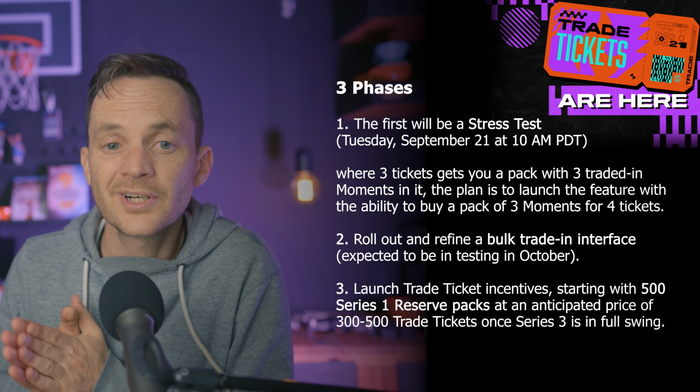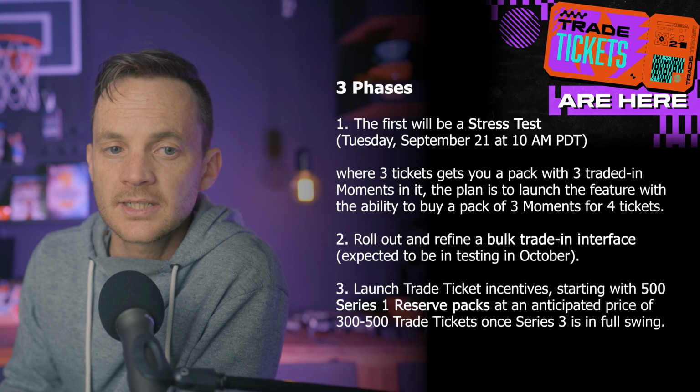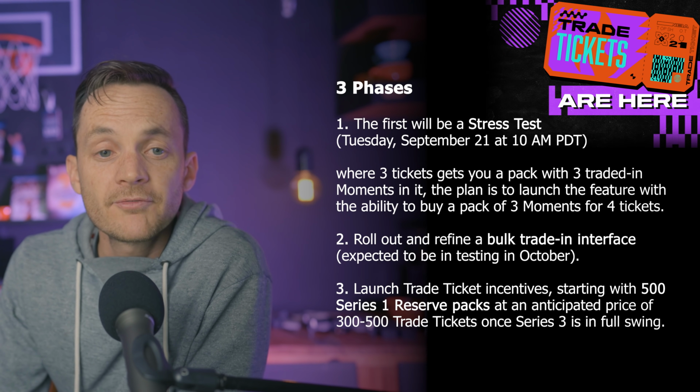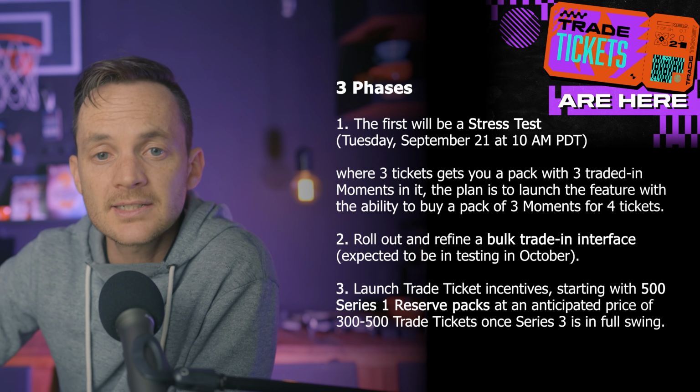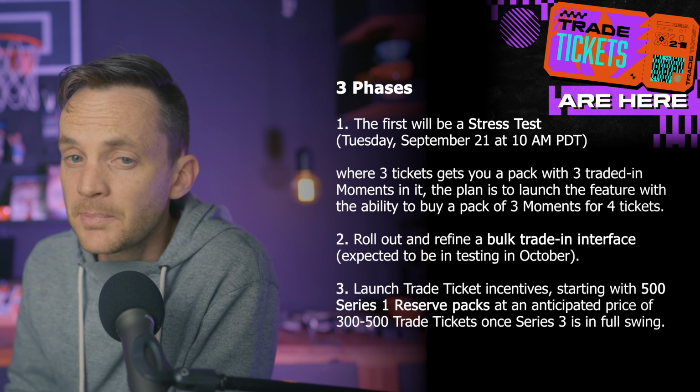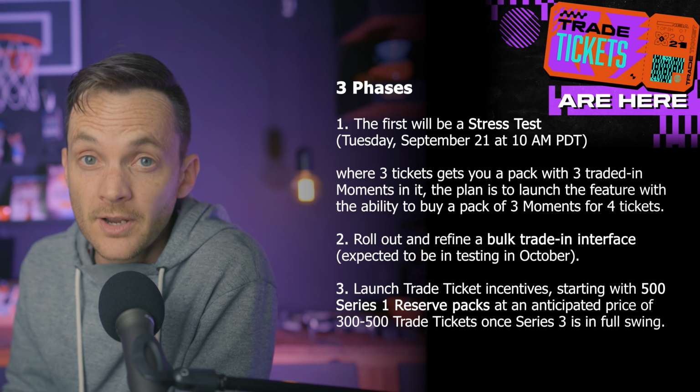Here, Top Shot will test trading in dozens or more trade tickets at a time. Why so many? Because of Phase 3. In Phase 3, they're going to launch trade ticket incentives, starting with 500 Series 1 reserve packs at an anticipated price of $300 to $500